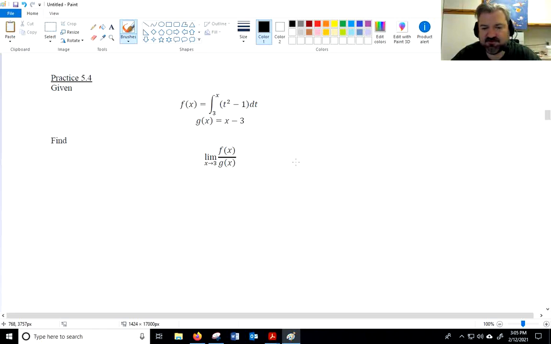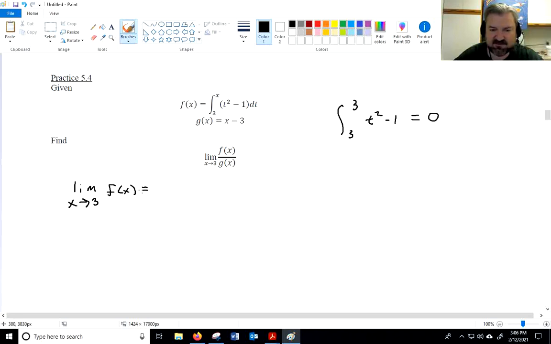All right, so first we're going to try direct substitution. But the integral from 3 to 3 of t squared minus 1, well, that is equal to 0 because I'm integrating from a number to itself. And clearly, g of 3 is also 0. So what I need to say is that the limit as x approaches 3 of f of x, that's 0. And the limit as x approaches 3 of g of x is also 0. So therefore,